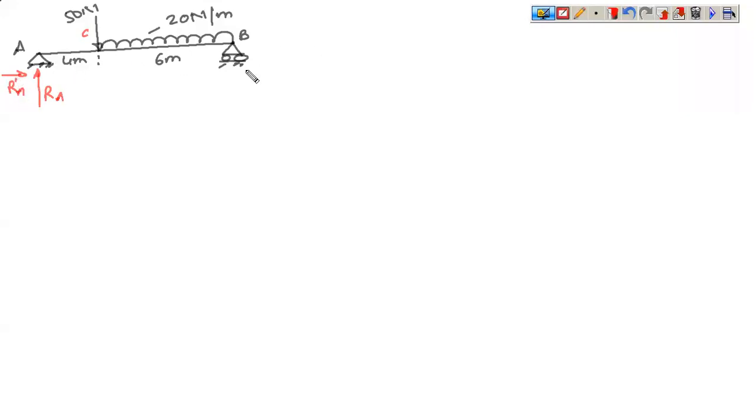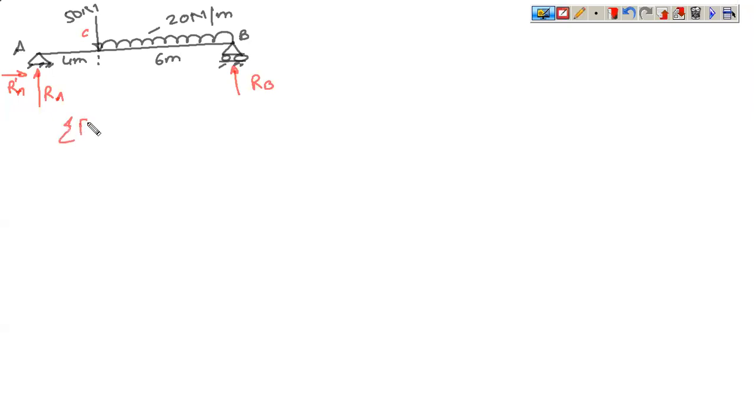So these are the two reactions. This is a roller support, the case of a roller support. So this is RB, the direction at one end. This will have no x direction reaction being offered in the x direction. So now you have three equations of static equilibrium. At the maximum, you can solve and find out any three unknowns.